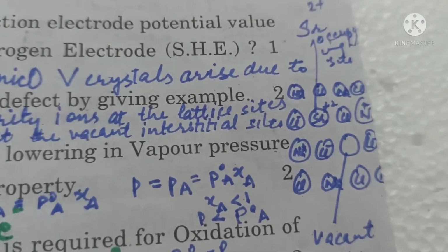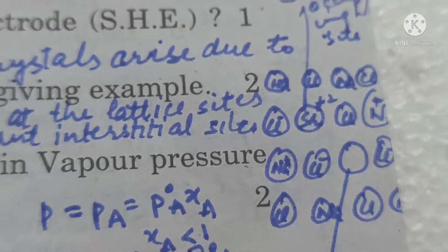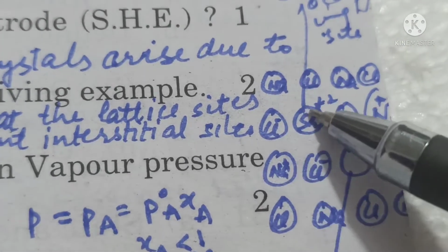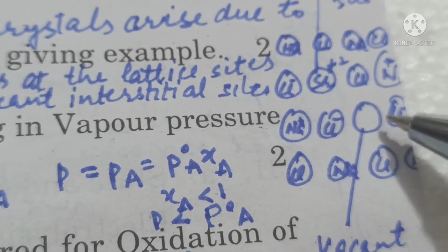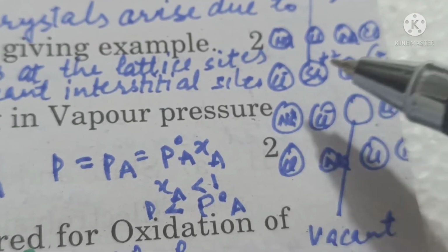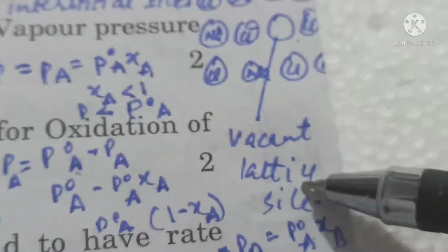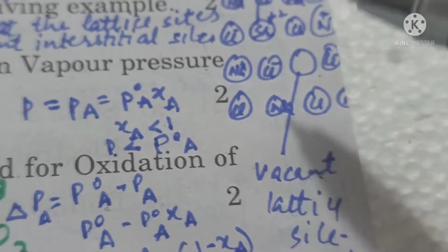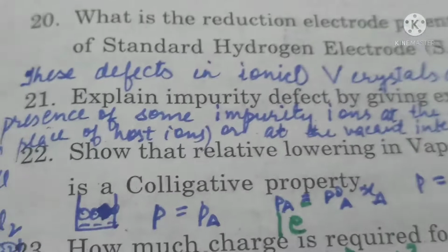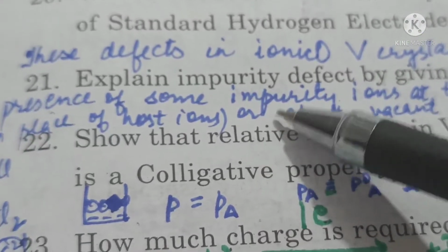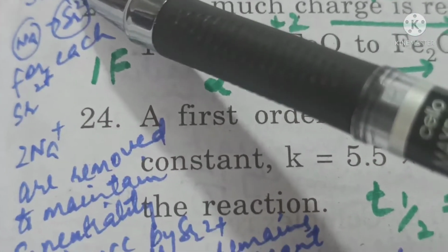So for this, let us see this diagram. In a crystal of NaCl, if Na is replaced by dipositive strontium ions, then 2 sodium ions leave their sites. One is occupied by strontium ion and the second is vacant. So vacant lattice site increases and the presence of strontium dipositive ion increases the conductivity of the crystal. So the defect created because of adding of impurity is called impurity defect.